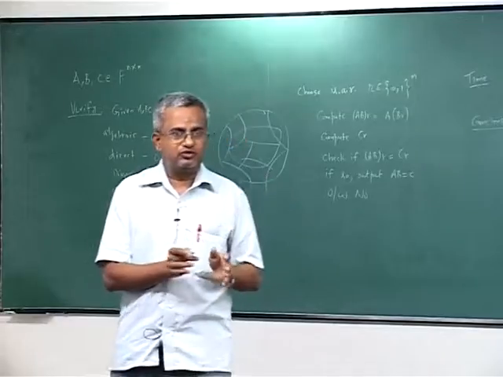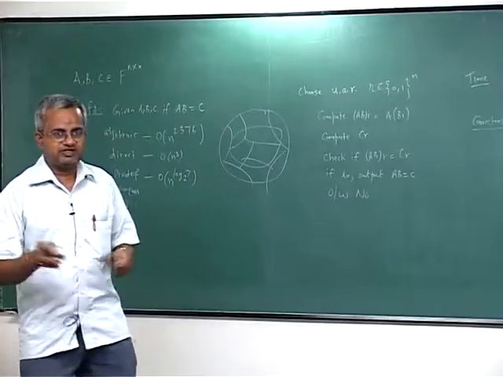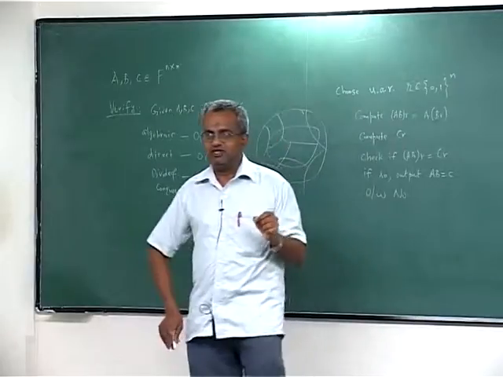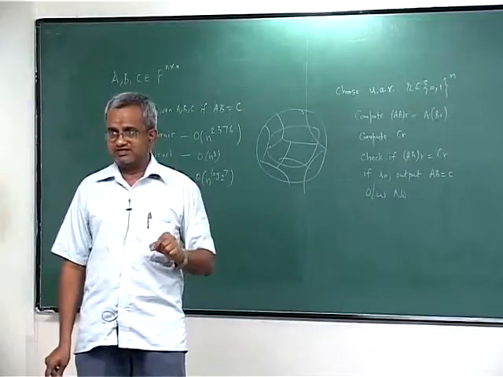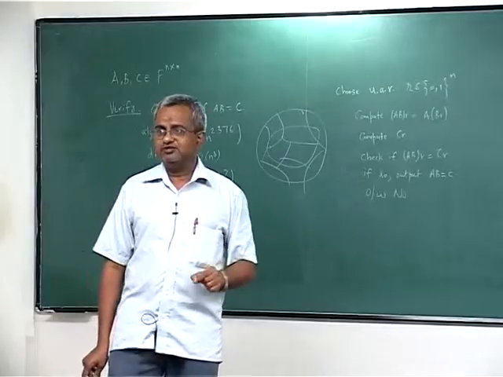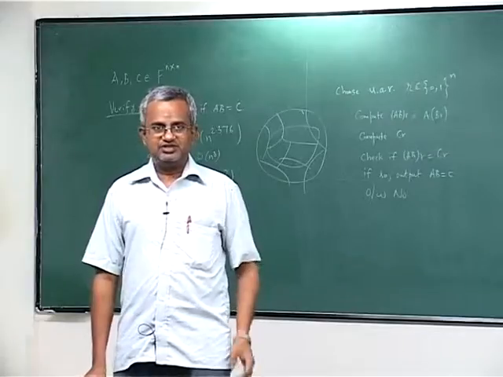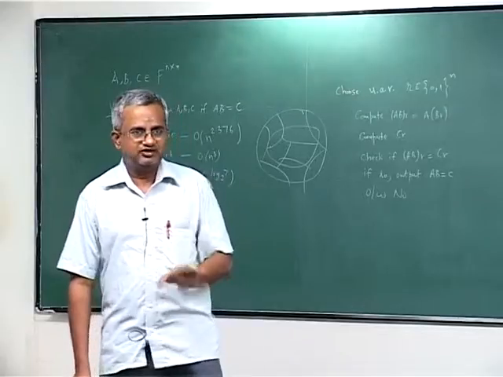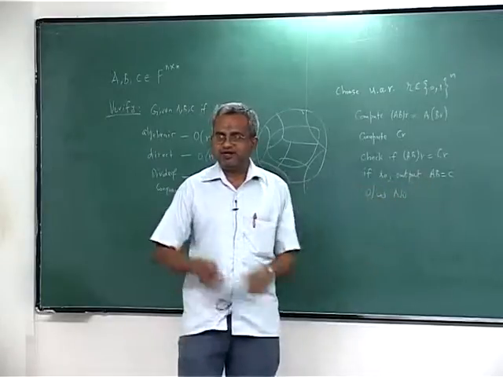So, how does the algorithm look like now? You iterate the algorithm k times with k independent sequences of random bits of length n each. If ever you get the answer AB is not equal to C out of these k iterations, then you know that the answer is indeed that AB is not equal to C, because if AB equals C, then each of the k iterations should only give the answer AB equals C. So, it will never give AB is not equal to C. If you ever get AB is not equal to C by the algorithm, you can take the answer blindly.